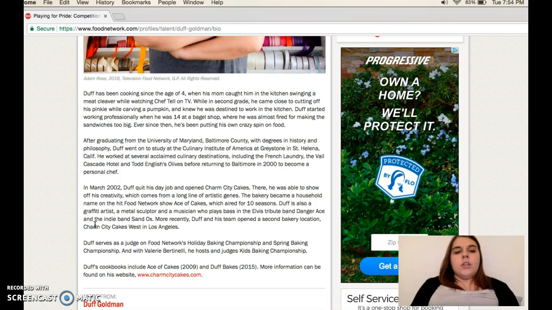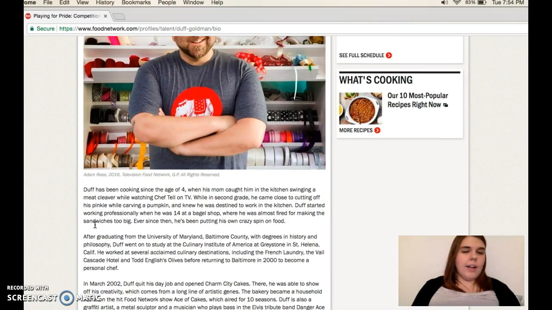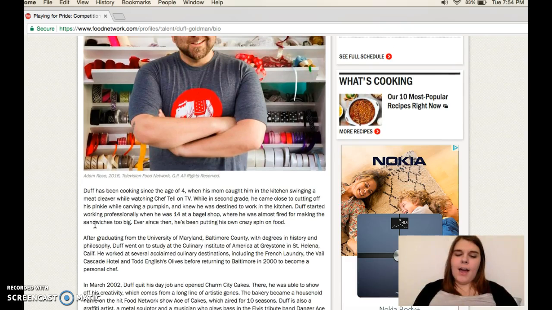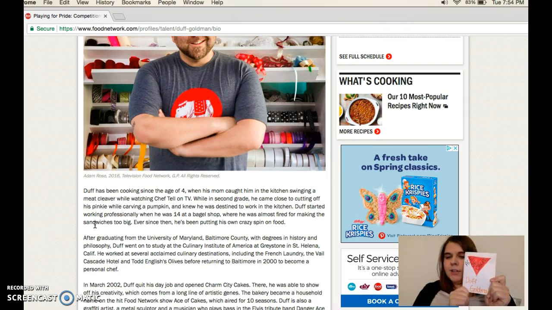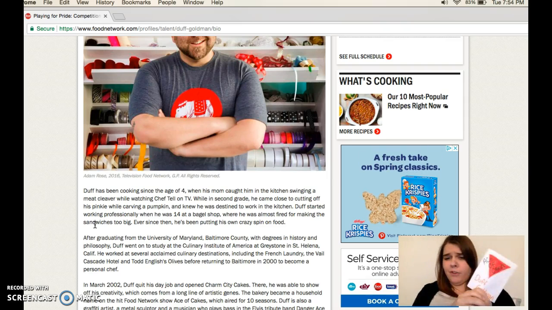Okay, so I'll show you my little pamphlet. I also did this because I felt like I could tell you to fold the paper in fours, and some of you may fold it differently. So if you have a paper like this, I want you to fold in half, like so, and then in half again. So you get something that resembles a book. I call it a little pamphlet, an info pamphlet, whatever you want to call it, but it's kind of like a little book.